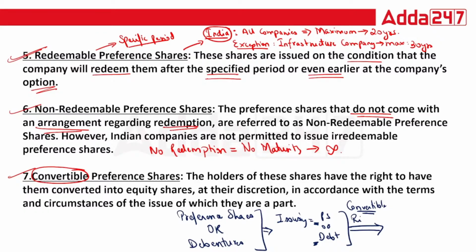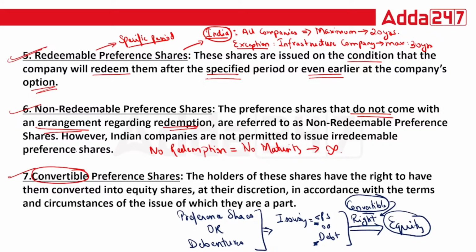What you will receive is the right to convert it into equity. This is the right you will be giving to preference holders as well as to your debt holders. That is what convertible means. Convertible means you are giving a right. You will give the right to whom? To equity? No. Equities will never get this right to convert into any other form, like preference or debt. You are giving this right only to preference and to debenture holders.